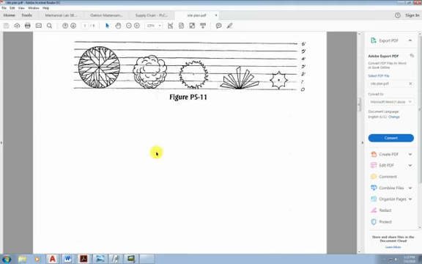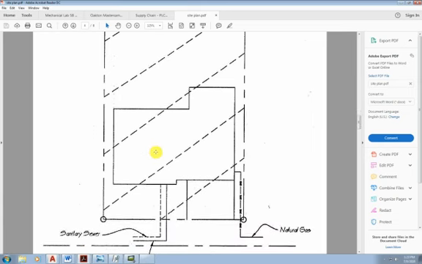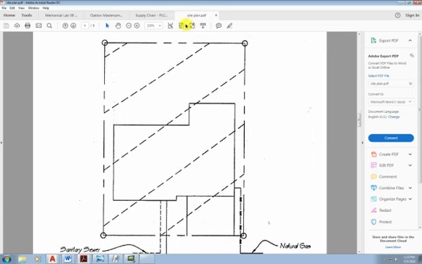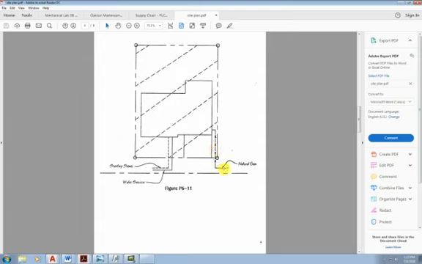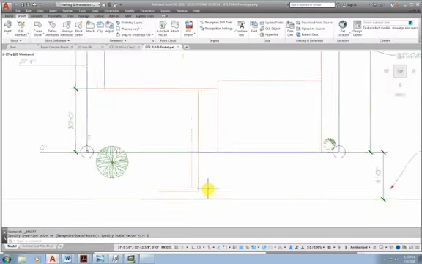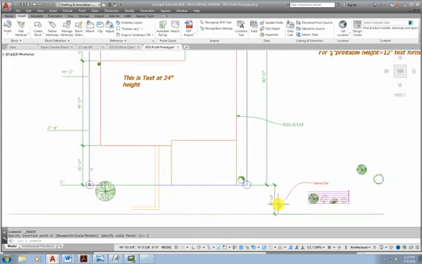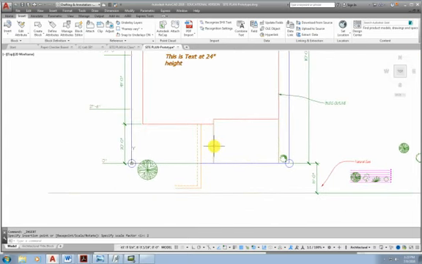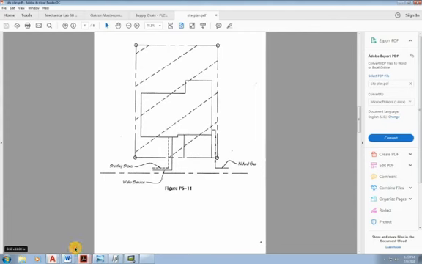In the next part of this drawing, we're going to take a look at putting the swimming pool and the box areas in. Now this drawing doesn't really show much, but it does show the natural gas line, the sanitary sewer and the water service lines, and I believe those are on the drawing already. So we do have these two lines. We need to add the natural gas line, and as we look at those drawings, what we may want to do is add the word sanitary sewer like we have here, and that would be done with a